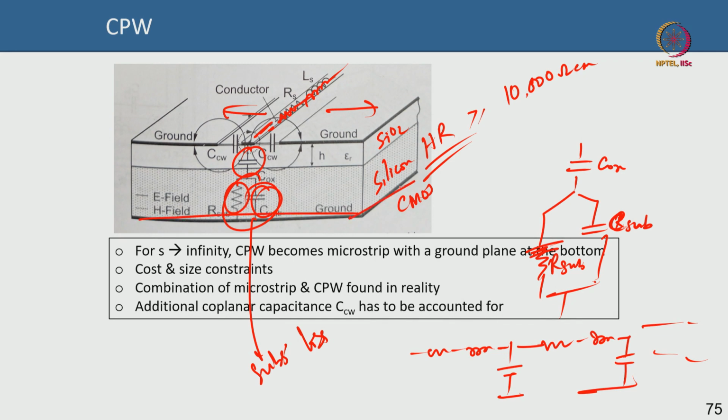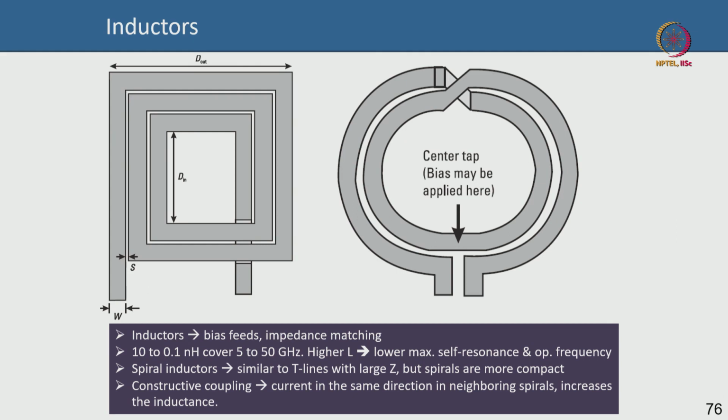Okay, it mimics the ground of the microstrip line. Okay, next comes the inductor, and inductors are very important because they occupy a large real estate, a large area. You need a large area for an inductor because you need higher values of inductance. To get higher values of inductance, you need larger physical areas in the wafer for the inductor,